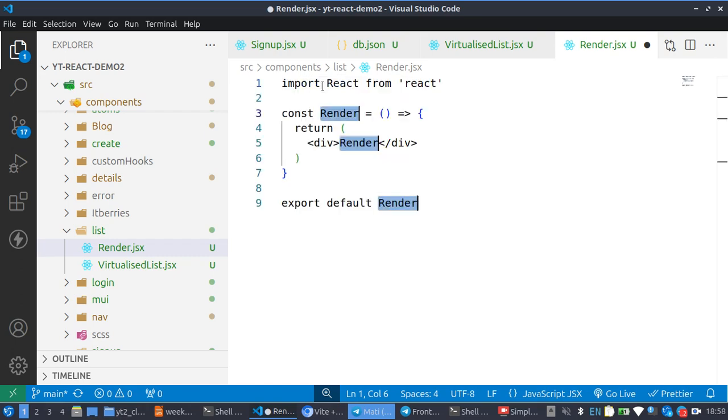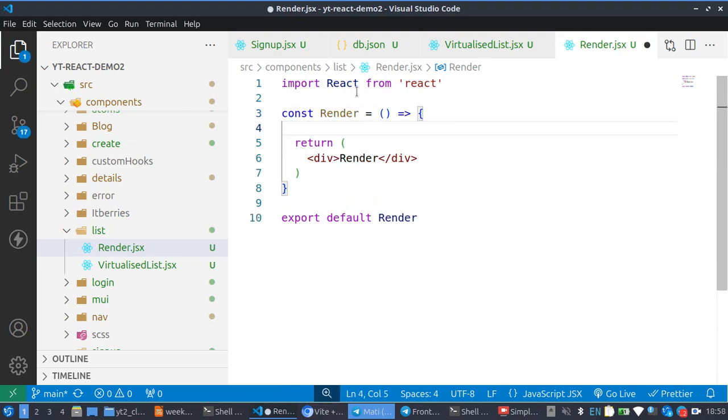Okay, so we have this. So what I want to do now is I want to have an array here. So let's have an array. So let array be equal to,